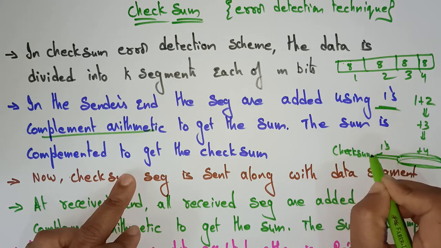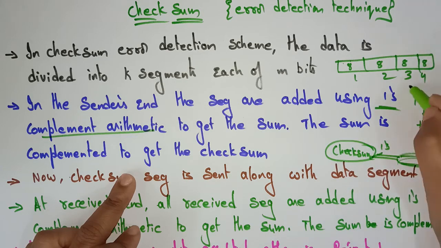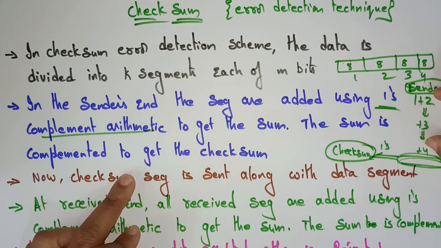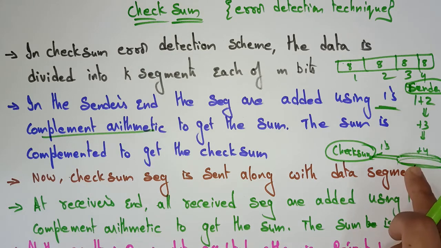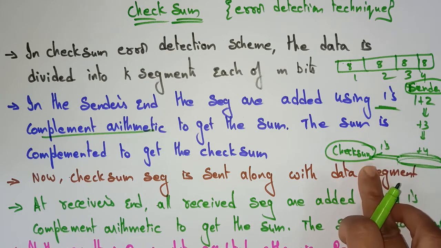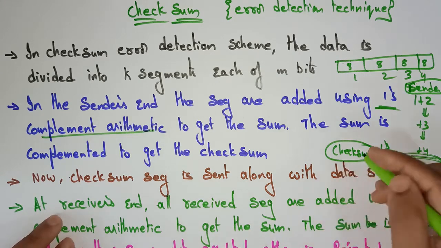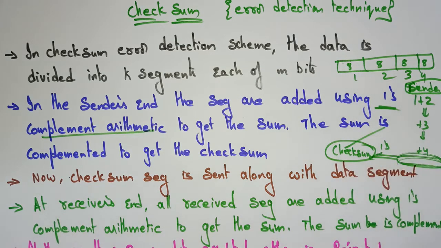Okay. This is all at the receiver side only. Sender side, I'm sorry, sender side. So on the sender side, I divide the data into segments. Each segment is added to the next segment and finally I'll get some sum. So you have to do the ones complement arithmetic operation. I'll explain how to do that ones complement arithmetic also. Whatever final sum you got, you need to do the ones complement, and then you will get the checksum. So the sender side is this.